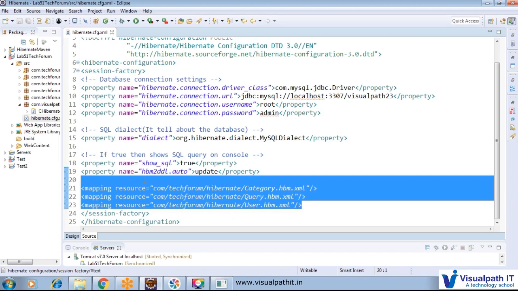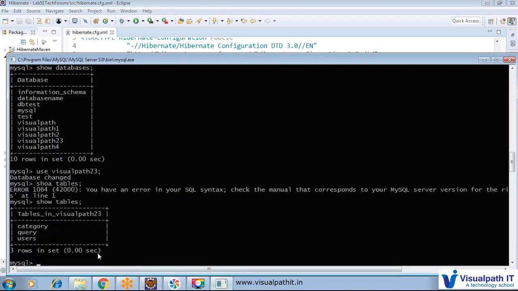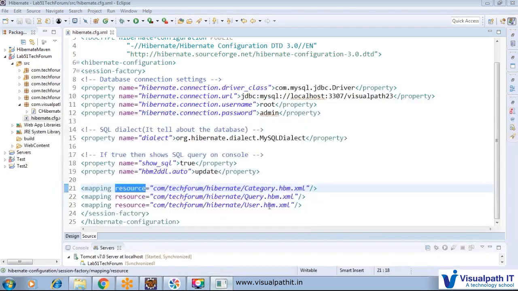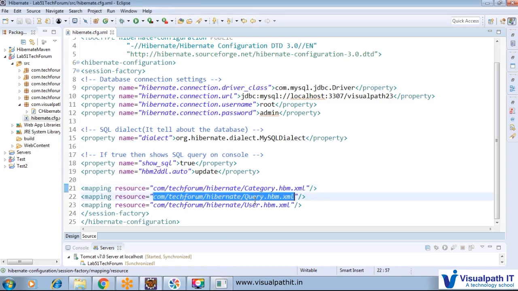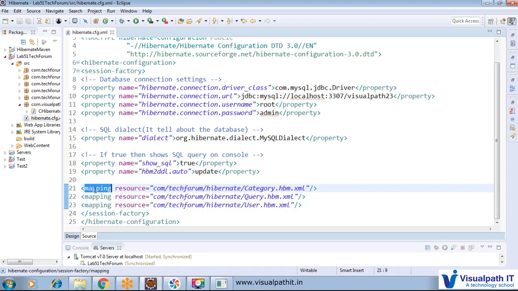But right now, what we are doing is just adding three configuration files, because we have three tables here. We are using a category table, a user table, and a query table. So for that same configuration, category, query and user, that Hibernate mapping file we registered here. How will we register that? Through that mapping resource, and we will provide a complete